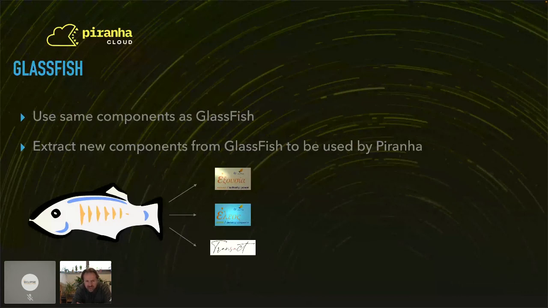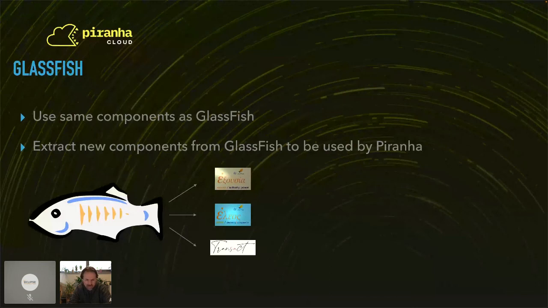So Exousia, for the authorization, has been done before, and that's now used by both GlassFish and Piranha. But two other projects are coming up. Ilias, we have extracted that. It's not yet submitted to Eclipse as a project, but it's already used by Piranha.